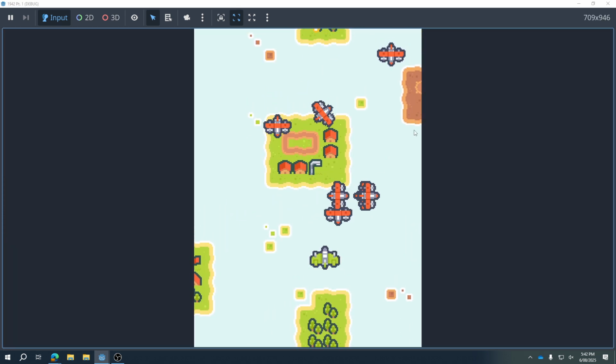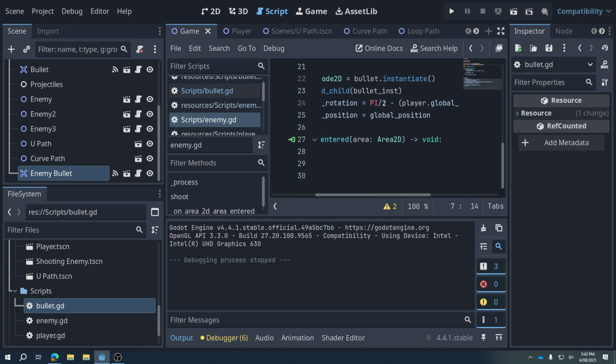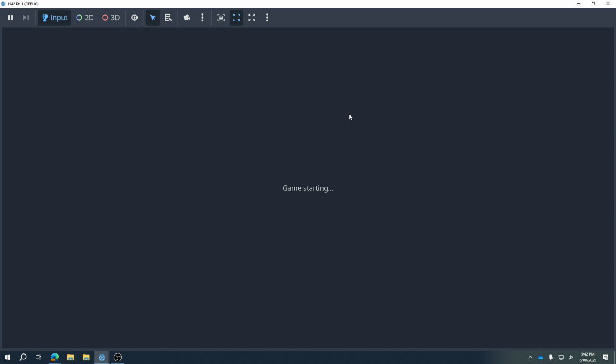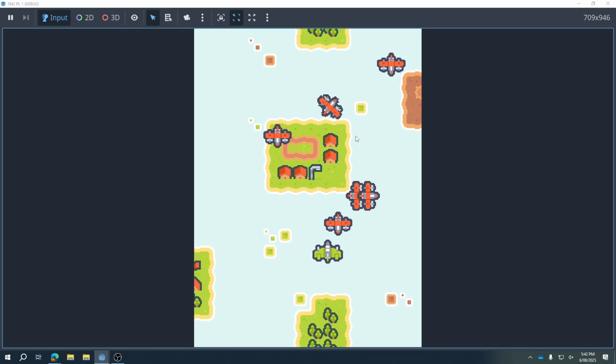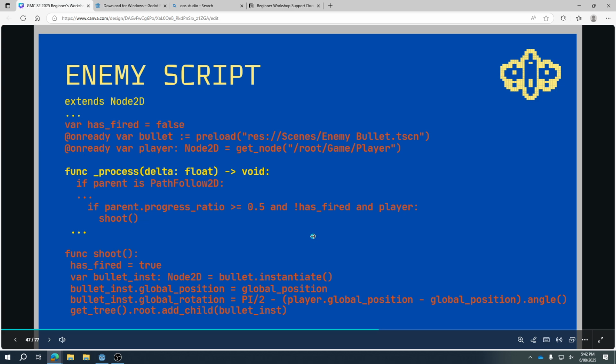So now, okay, the angles are pointing the wrong way. Let me just try doing that. I think that's the correct way. I'm trying to figure out why it's